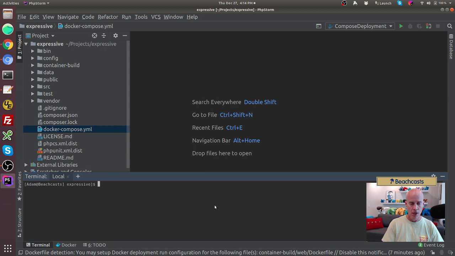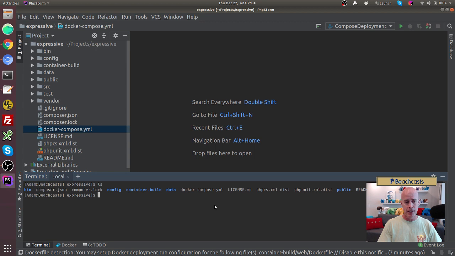Now, this terminal actually automatically dumps us out into our current working directory. So any commands done through this terminal are done in our current working directory of Expressive. So you can see if I listed the contents of the directory, it showed us everything is there. And this is a full terminal, so I could issue any commands that I would normally use within the terminal. If I wanted to use VI, I could use VI within this tab. If I wanted to issue some other commands that I would do via a command line, I could do that within this terminal tab. So I could have easily as well just done something like docker compose